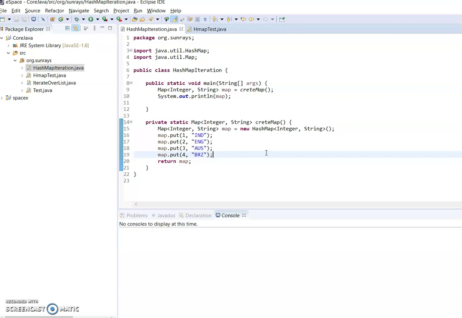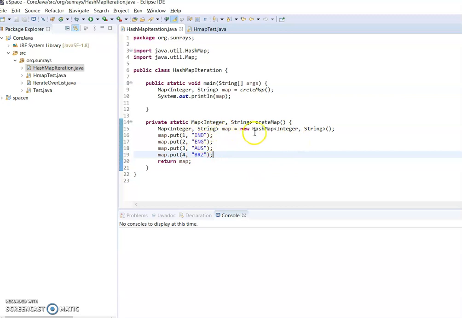We use a list for storing a group of data based on insertion order, and a set maintains a unique set of data. But map or hash map are not actually collections. These are mapping between two elements, from key to value pairs.